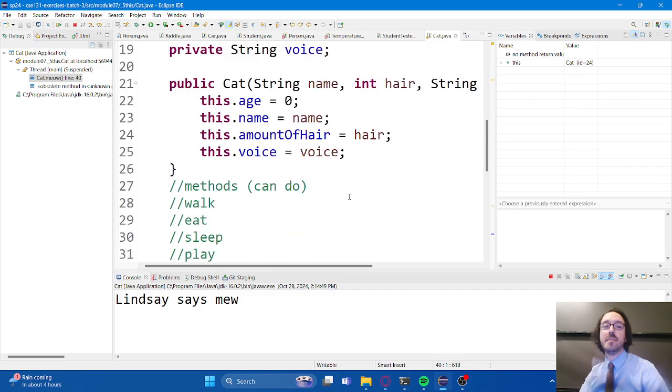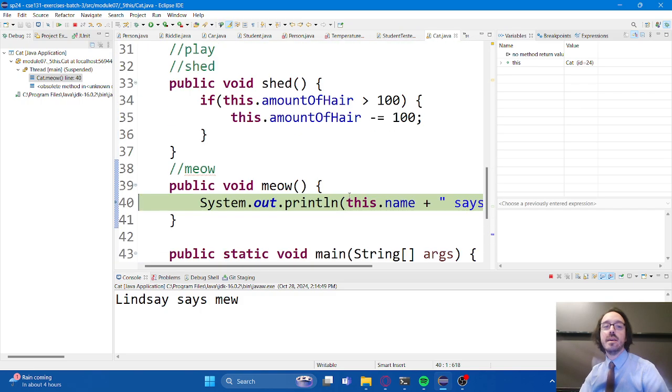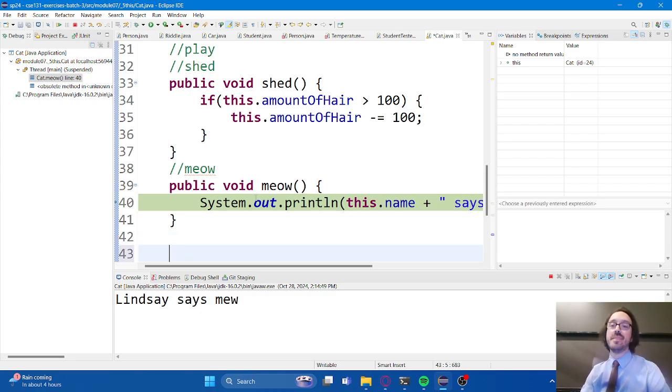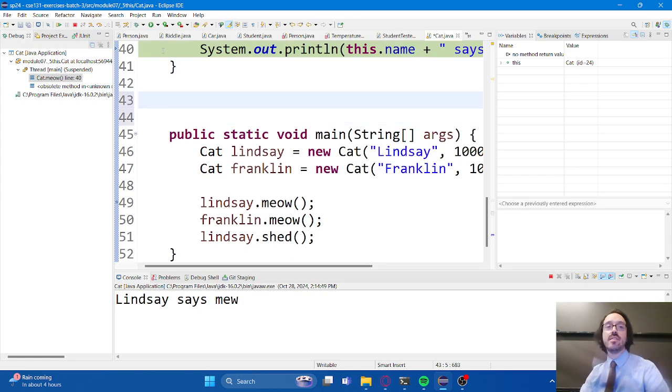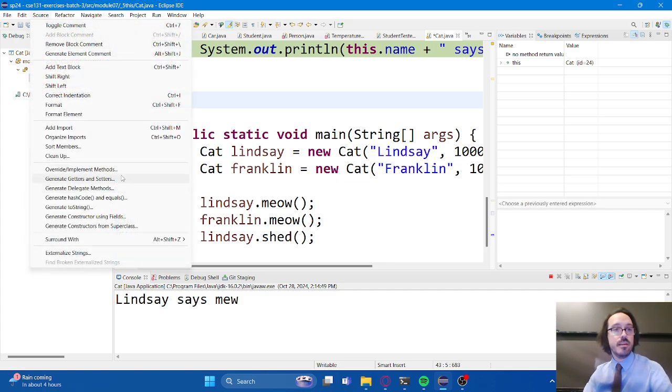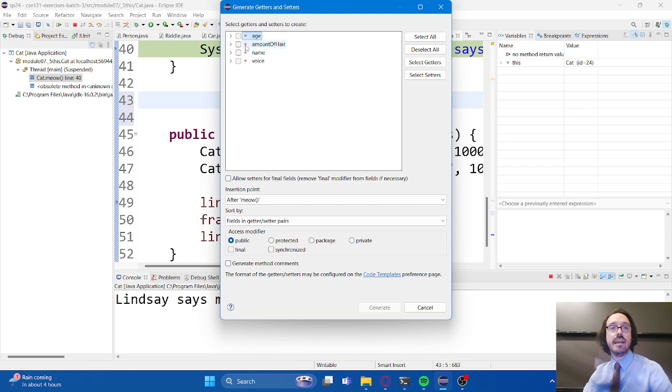This will be the last part of today's topic. Before I type them out, and actually I would recommend that you do type out your accessor methods, your getters and setters, just to kind of get used to them. But let me show you. We use these things so often that when I want to create getters and setters, I have Eclipse help me out. So if we go to source, there's an option down here that says generate getters and setters. And then under here, you see all 4 instance variables.